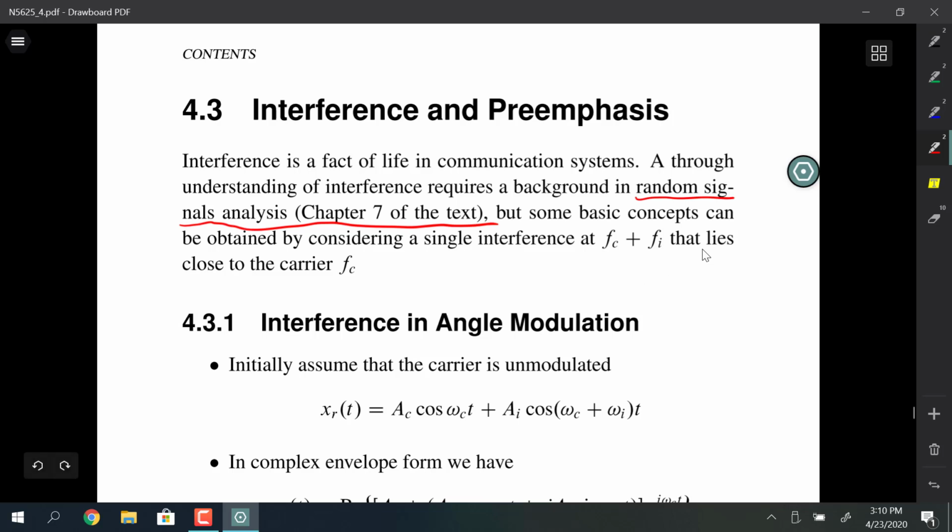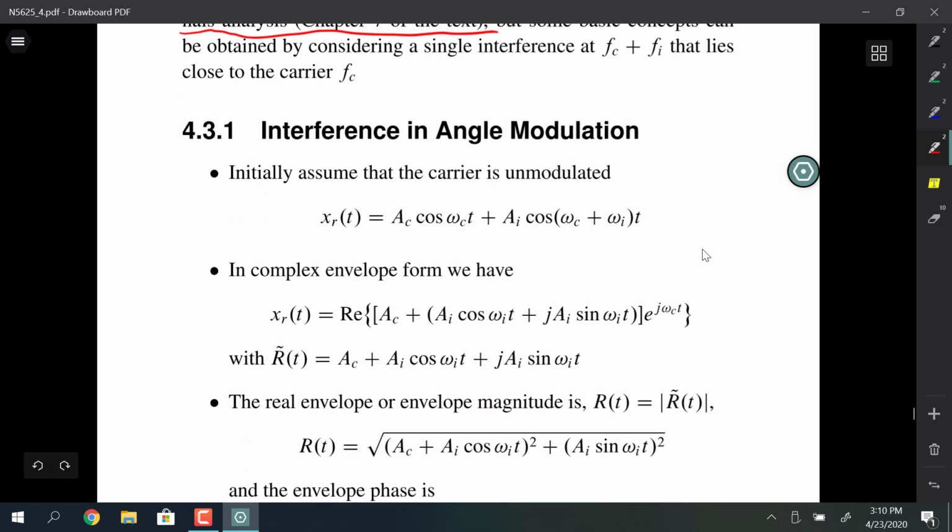So the interference that we're going to start off with is interference in angle modulation in the form of a sinusoidal tone, and we've certainly done that before. So we're going to assume that we have an interfering tone, and it's sitting at omega I, which could be Fi in hertz, above the carrier at Fc. So we go back to our